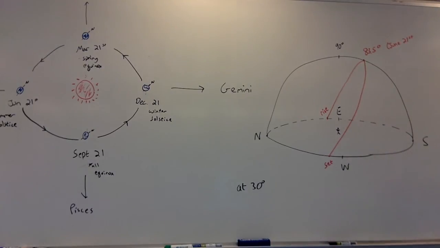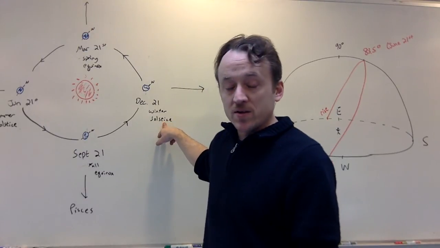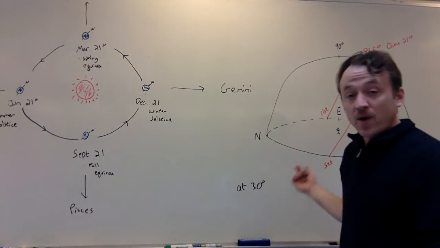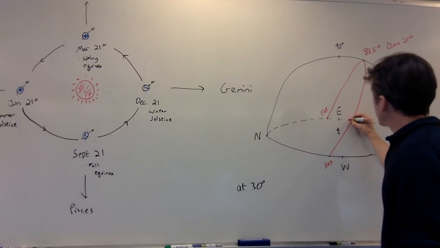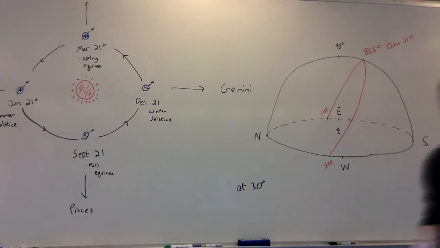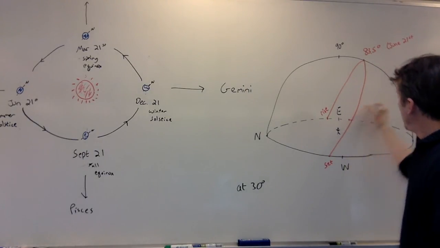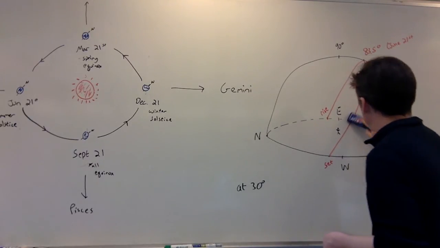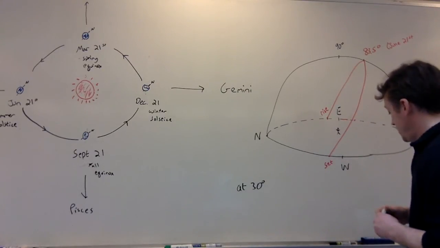I want to talk about maybe the other extreme. Okay, so here's the other extreme. You have the winter solstice. And on the winter solstice, as it turns out, the sun doesn't rise exactly due east or exactly due west, just like it doesn't in summer. It actually rises a little south of east. So a little bit south of east is where the sun will rise, and then it will come up to, actually, let's make this a little bit more stream, and it will,